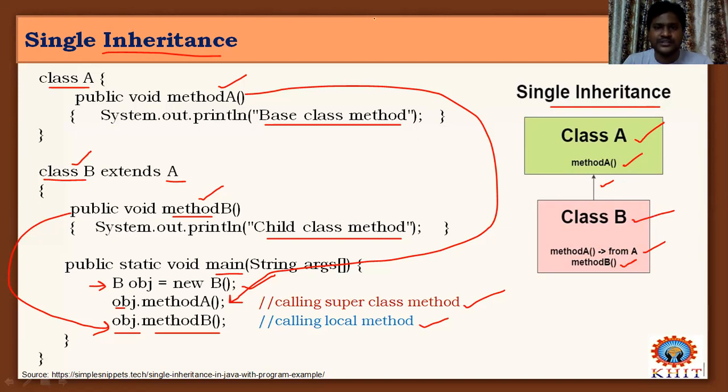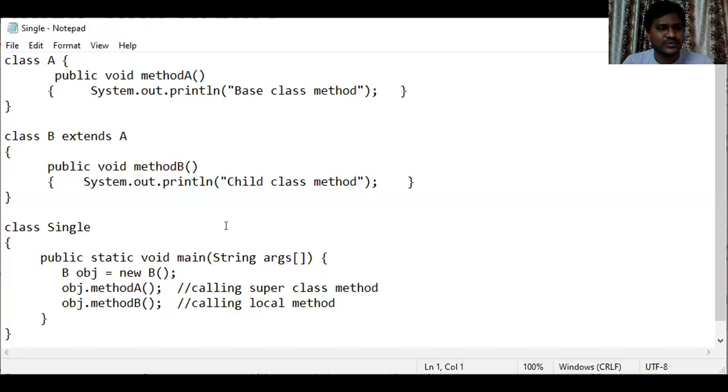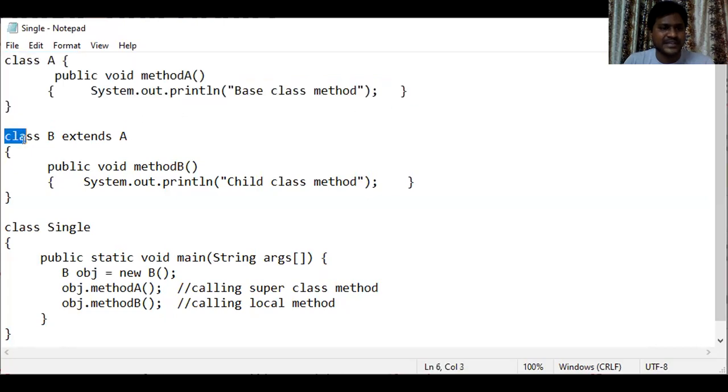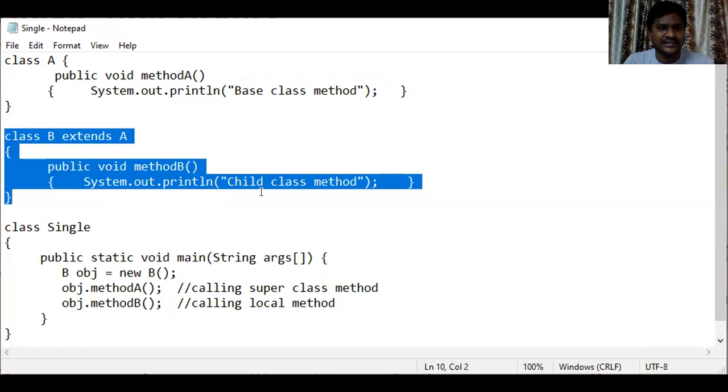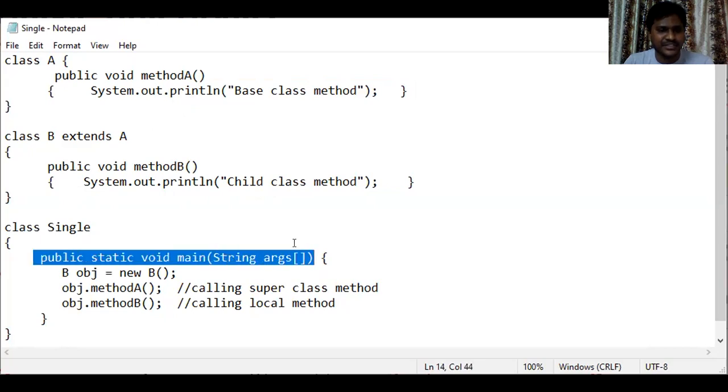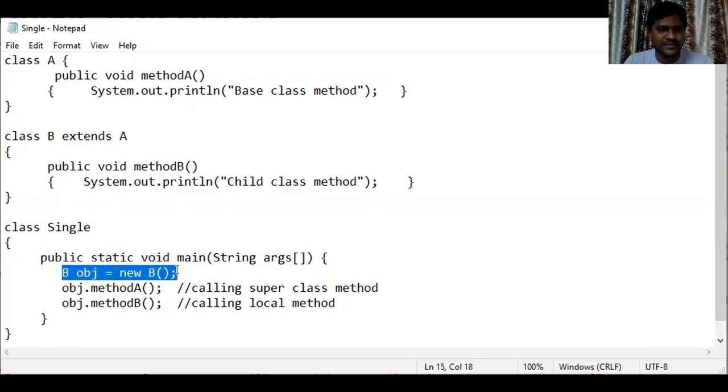Shall we go for the execution part? Okay. Come to here. I have taken the same class A having one method A, and class B extending class A and having one method B. So these two classes are separate, and I have taken another class, as I told you, for single inheritance. Inside this class there is a main function, and I have created one object for the subclass,